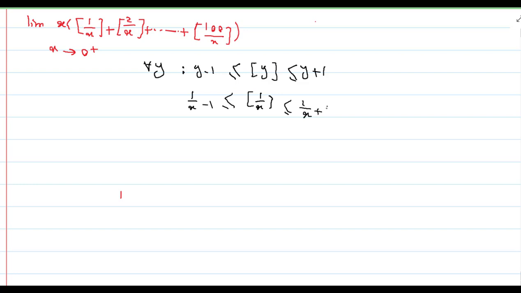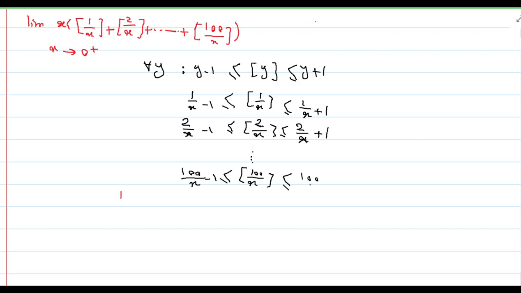And also for the integer part of 2 over x, again the same fact, till 100 over x, whose integer part changes between these two terms. Now if I want to figure out f, I have to sum all of these. After summing, I can get this result that